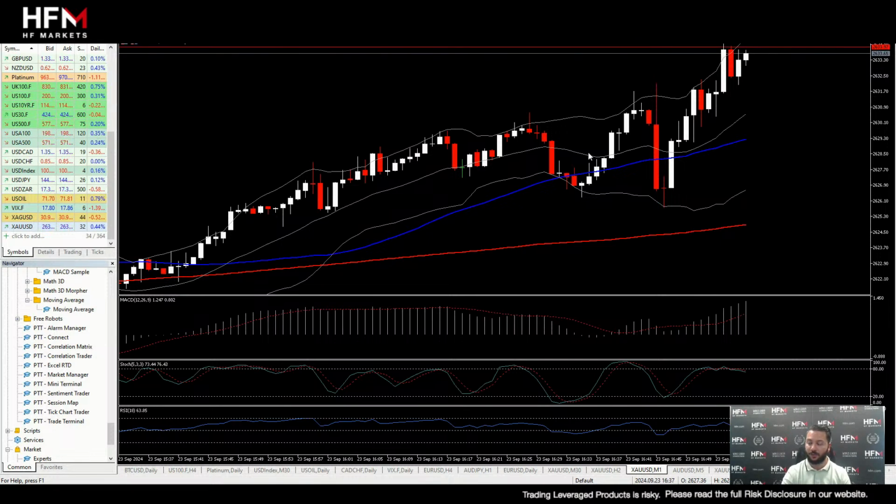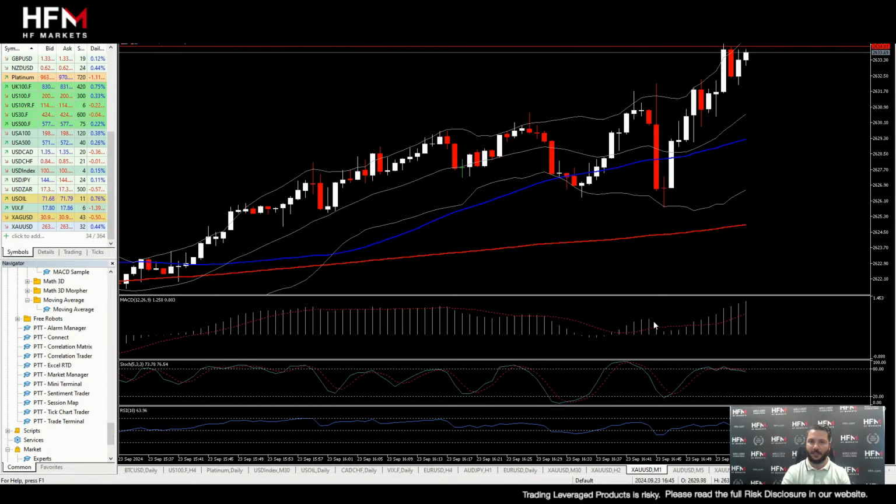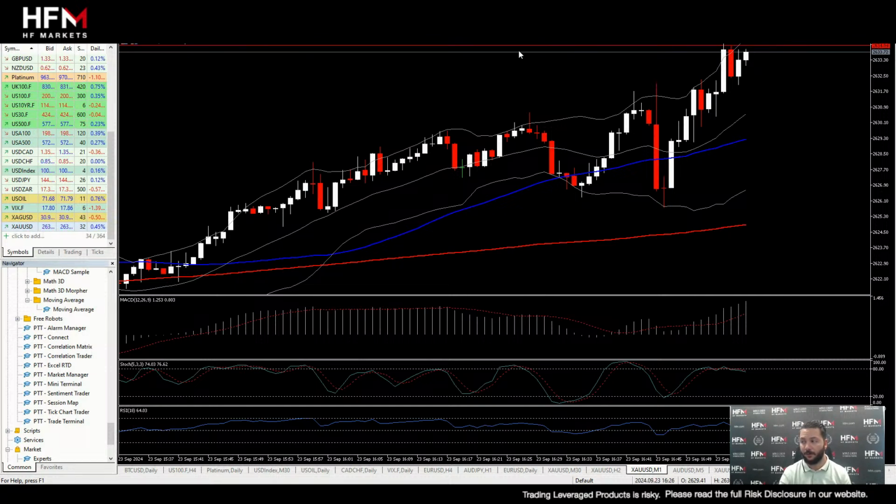If we switch over to a 1 minute time frame, we can see we're on the bullish side of the Bollinger Band. We're trading above the 50 exponential moving average. If we're looking at the MACD, it has no divergence, very clear convergence here. The stochastic oscillator again is very high, and on a 1 minute time frame, again the RSI is very high. So we have very clear indications of bullish price movement for gold as well.